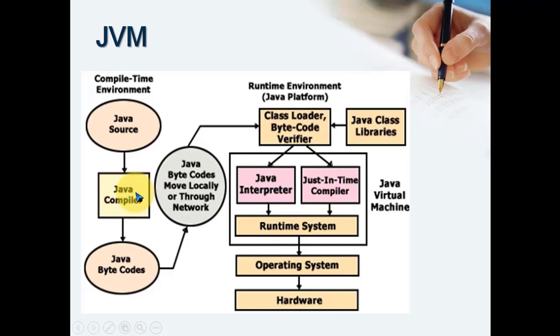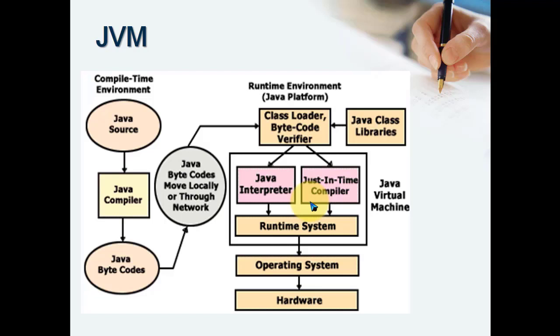The Java compiler. Most of the time, at the time of an interview, the question is asked, do you know what the role of the JVM is? Most students say yes, the JVM will convert your source code to bytecode and then execute the code. No, the JVM will not convert your source code to bytecode. The Java compiler will compile it and convert it into bytecode. The compiled bytecode is loaded into the JVM. Always remember, here we need bytecode. You cannot pass Java source code directly to the JVM. That is very important. The JVM comes into the picture just at the time of execution.